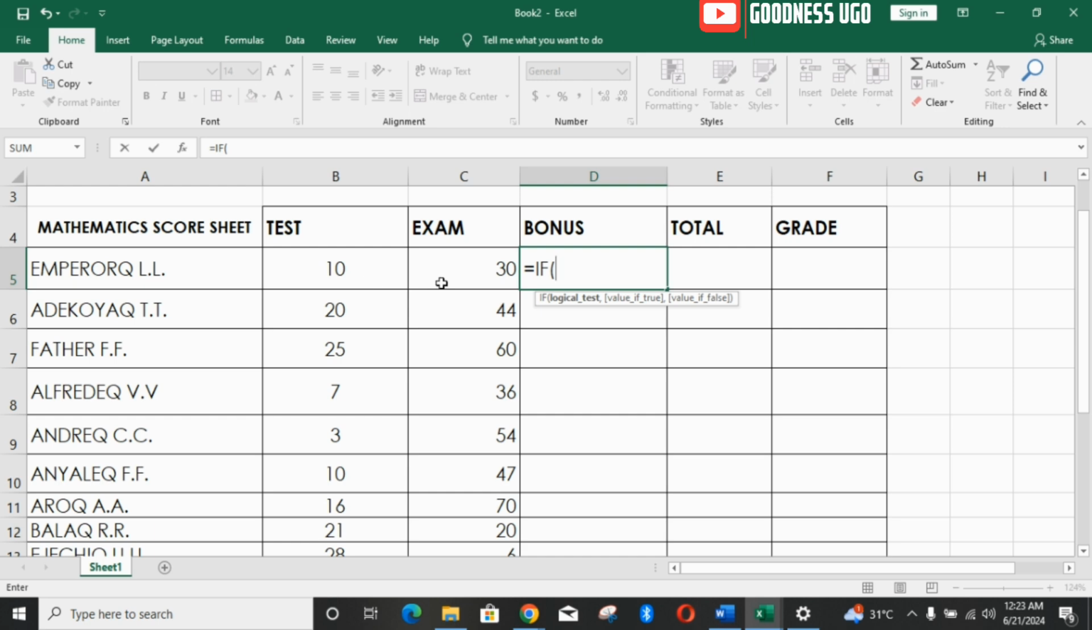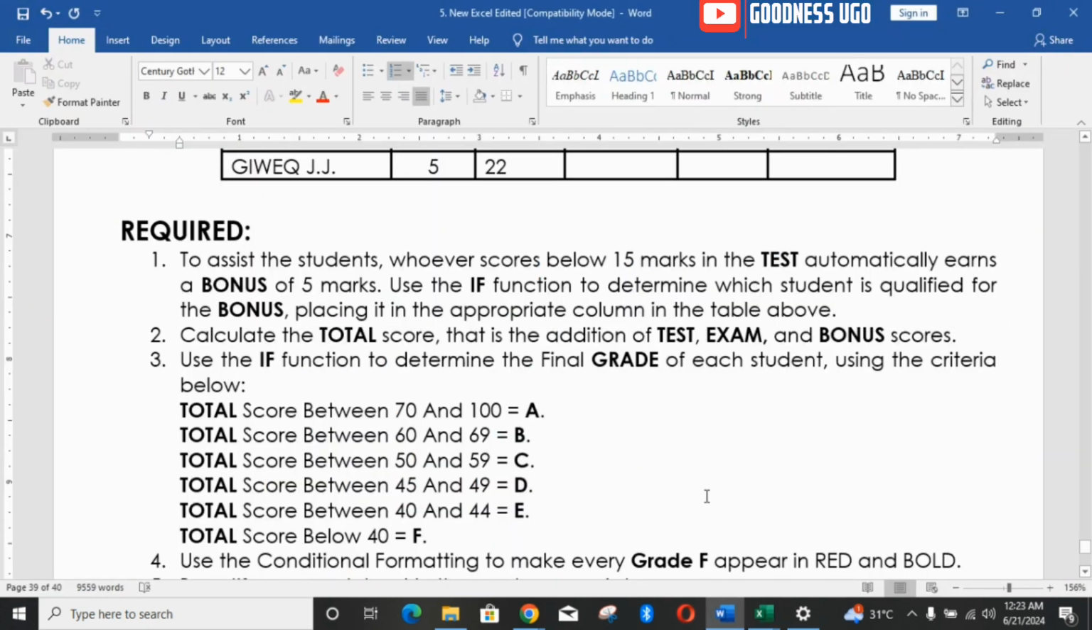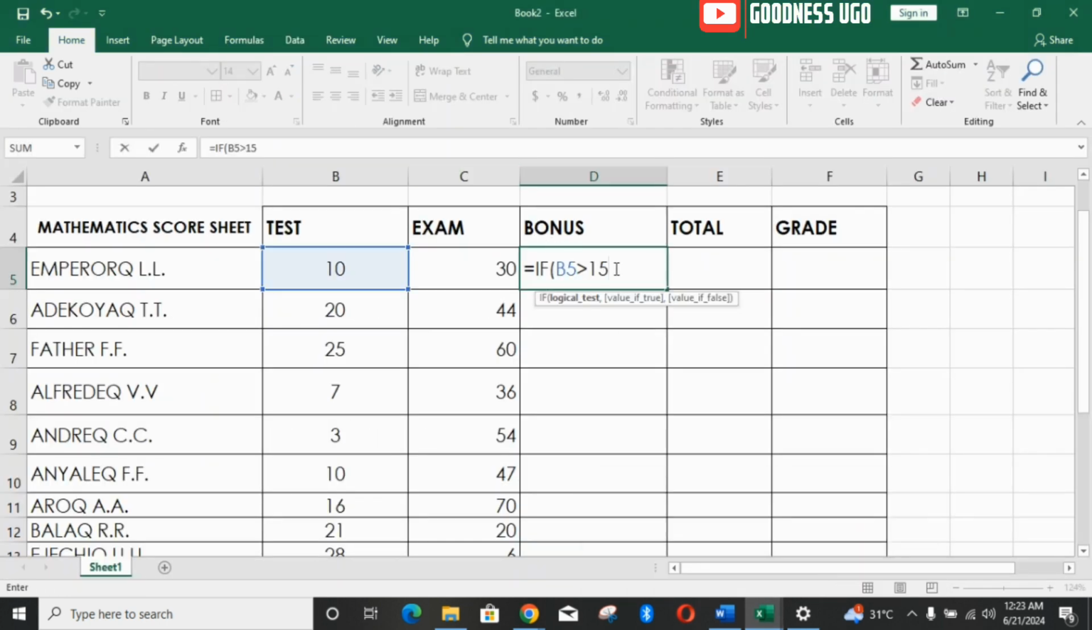So we're going to put a logic function here. IF. Now we're not going to choose just 10, we're going to say B5 because it's under B and in front of 5. Do you get it? So if B5 is less than 15, do you get it? So let's see our question again. Now, if score below, do you see score below? Okay, so let's go back. So if it's less than 15, comma,